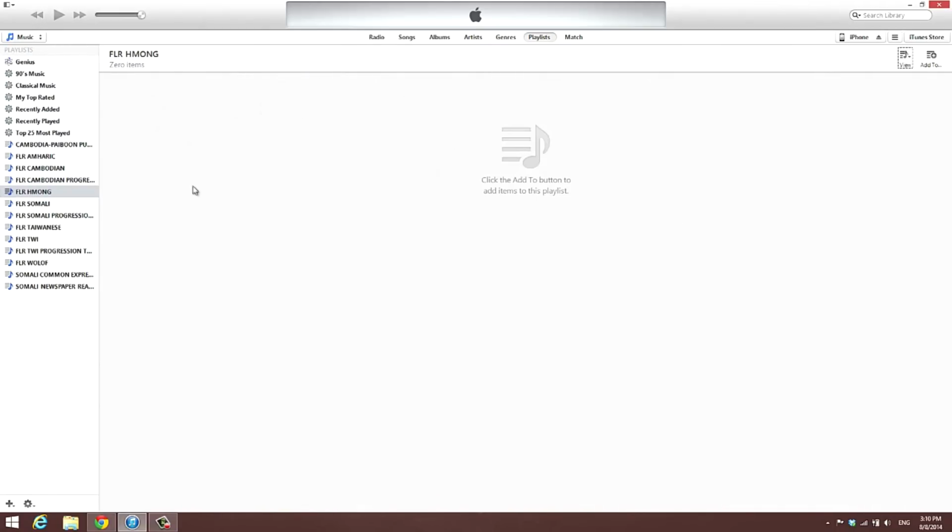Okay, so once you do that, you go to where your files are and you drag all the files over into this iTunes. Now make sure you have them where the iTunes can recognize them, like saved on the hard drive or saved in your documents. Now, if you move them, like if you had them in the documents originally and you move them, when you try to listen to them, they're going to be missing because the iTunes doesn't recognize the location. So just keep that in mind, and make sure you have a secure place to save them.